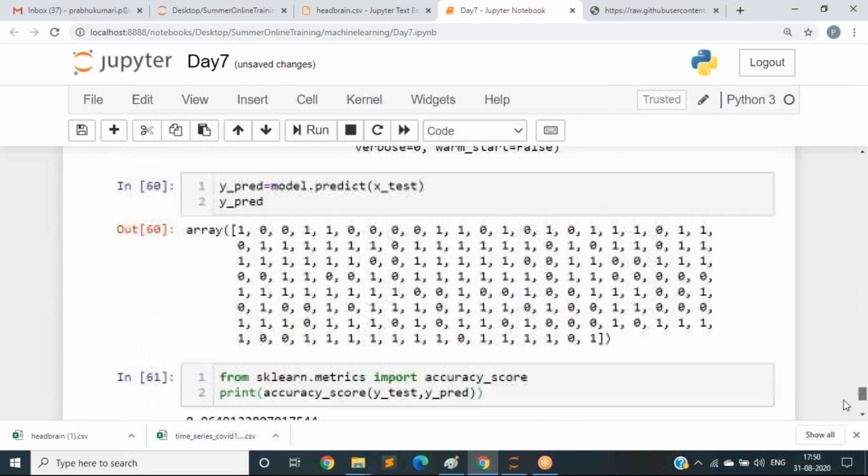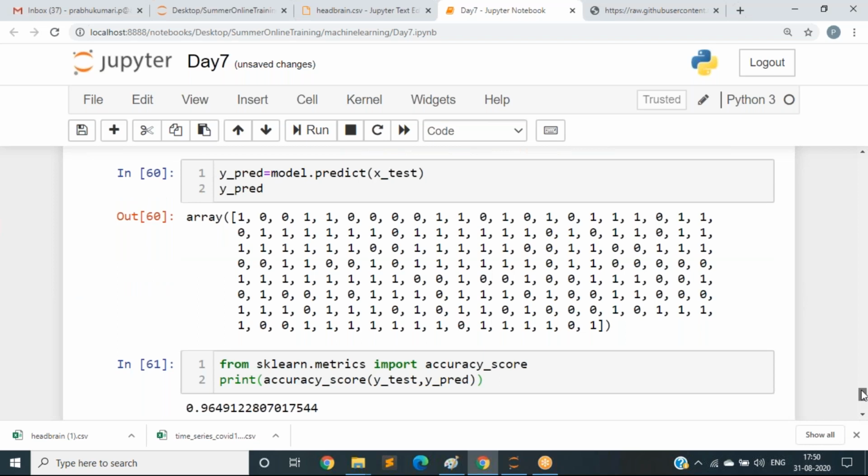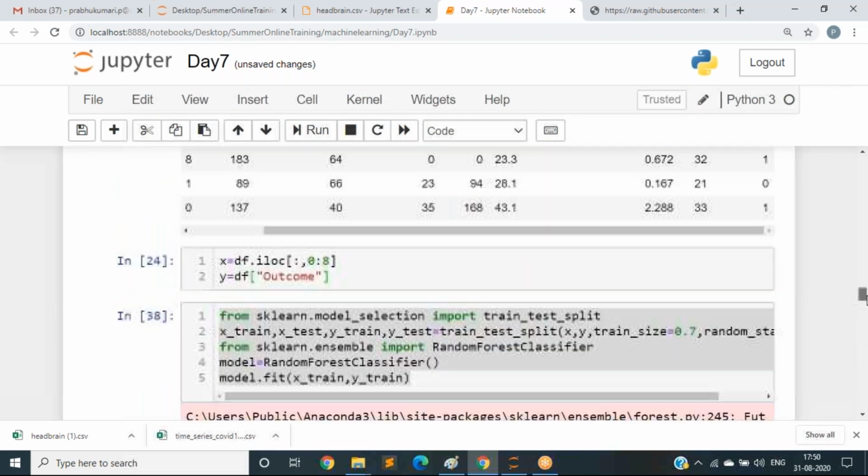And we can also apply random forest regressor. See how much accuracy we got with the decision tree regressor.